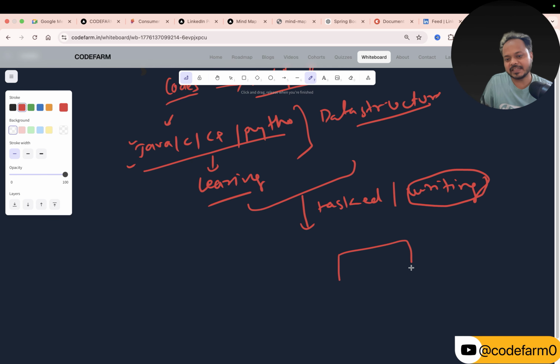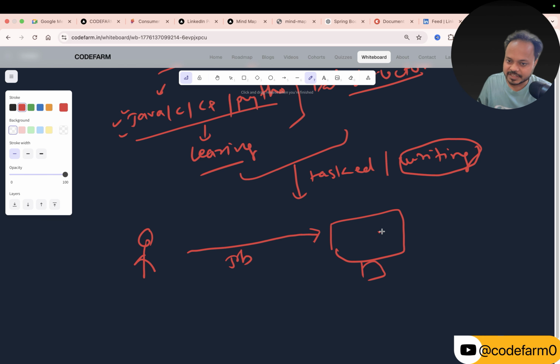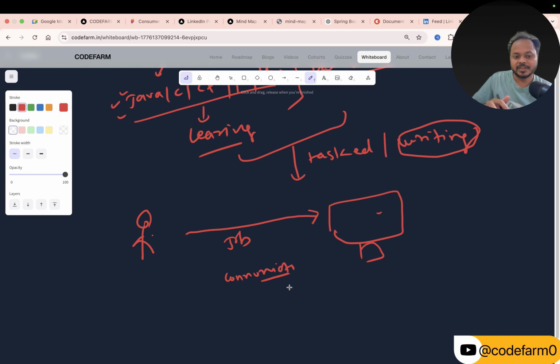So if I say, hey, this is the computer that is available, the teacher that taught me this way asked, why do I have to learn any of the programming languages, right? So here, this is me, and he said that if you want the computers to do any of the jobs, right? So here we can see that this is an entity, and this is also an entity, right? So they need a form of communication so that they can talk to each other.